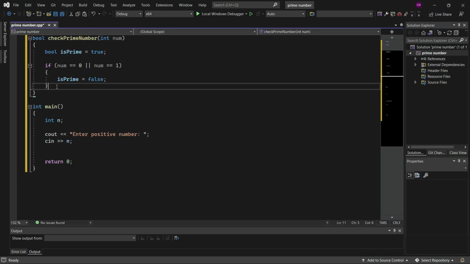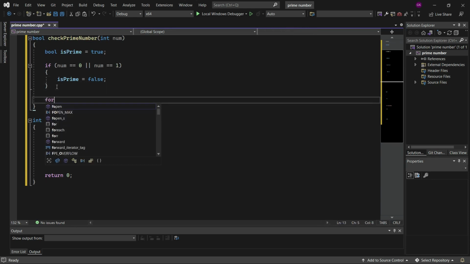Okay, then we will define one for loop: for int i is equal to 0;